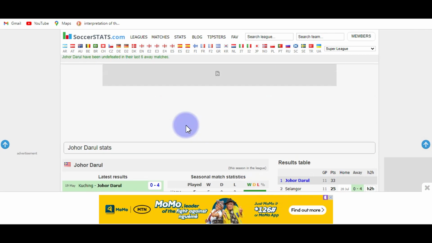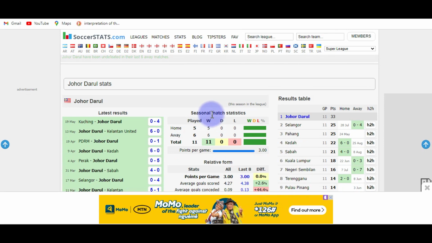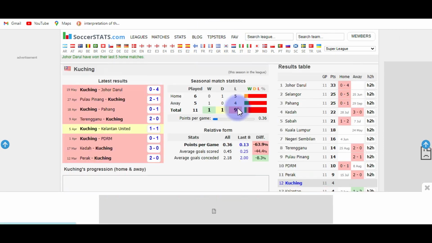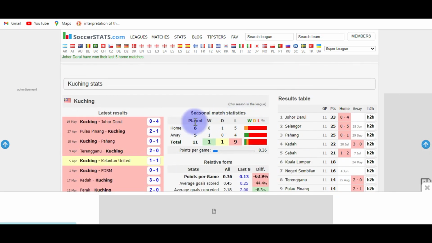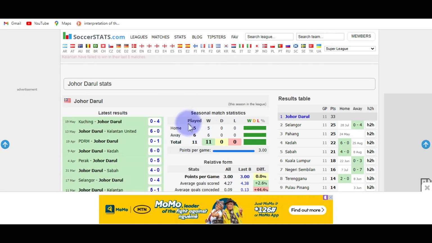Also, we want to compare this area that says seasonal match statistics. We want to compare Johor Darul with Kuching based on the seasonal match statistics. Now, if you look at the played, win, draw, lose, both home and away, you are going to see that Kuching has played 6 games at home. It has not won any, it has drawn 1 and lost 5. It means that even at home, Kuching is very, very poor. If we compare that with Johor Darul, you are going to see that they have played 5 games at home, won all 5,